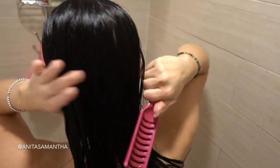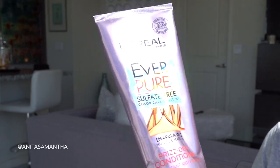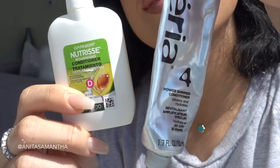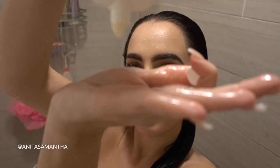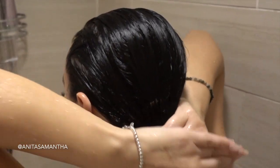Now I like to let the mask sit for minimum 5 minutes, and then here's a little hair hack. I like to apply extra conditioner on top of the mask after 5 minutes goes by. I just feel like your hair absorbs it better and it gives it a variety of ingredients and purposes. So I use about 2 big quarter-size amounts and then apply it to the bottom end of my hair